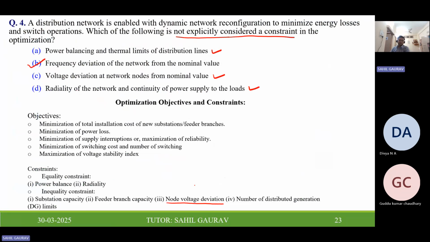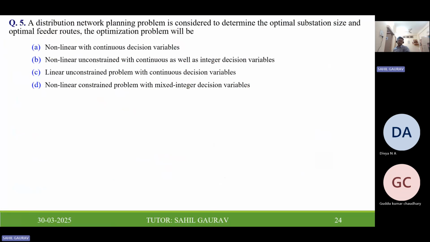Now let us see the next problem. So here a distribution